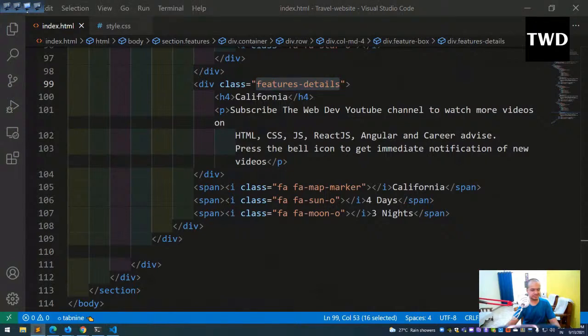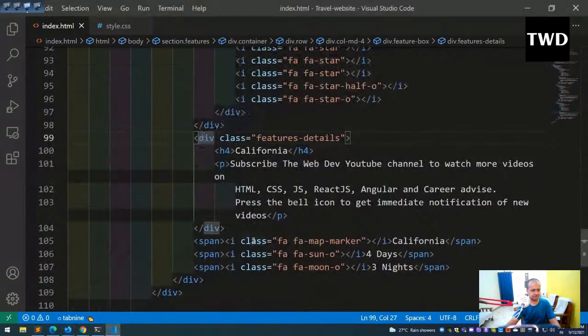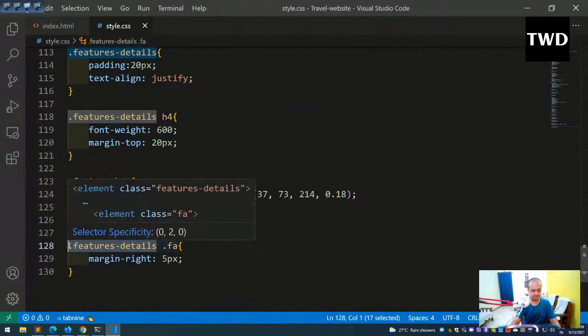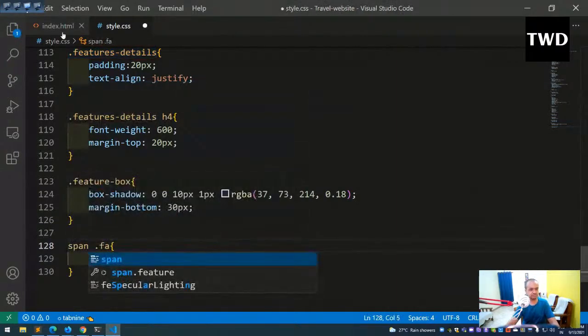Actually, we have to fix it because I'm not liking it that much. There has to be a bit of a gap. So why not target this span? It is feature details, anyway. There is nothing inside the features detail. Why am I targeting it like this? Or maybe it should be inside it. I don't know. Instead of feature details dot far, why can't I take a span dot far